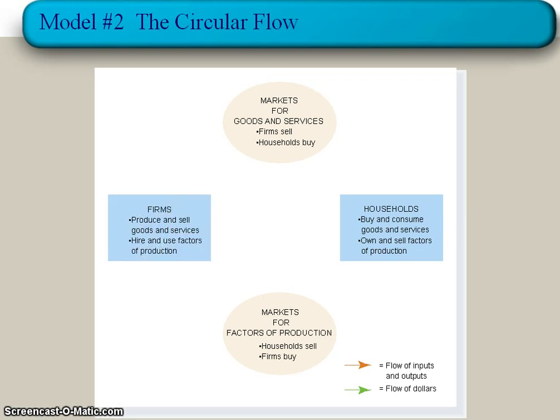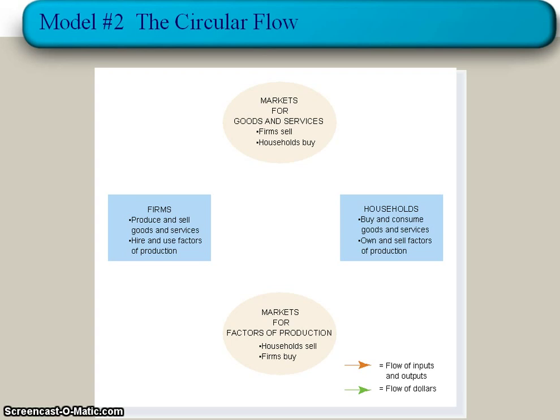And then there's the other player. The other player is called a firm. And firms are companies that produce things. And what do firms do? Well, firms produce and sell goods and services, and they also use up or buy those factors that households produce? Labor. And that sounds a little confusing. Maybe some arrows will help kind of straighten things out.